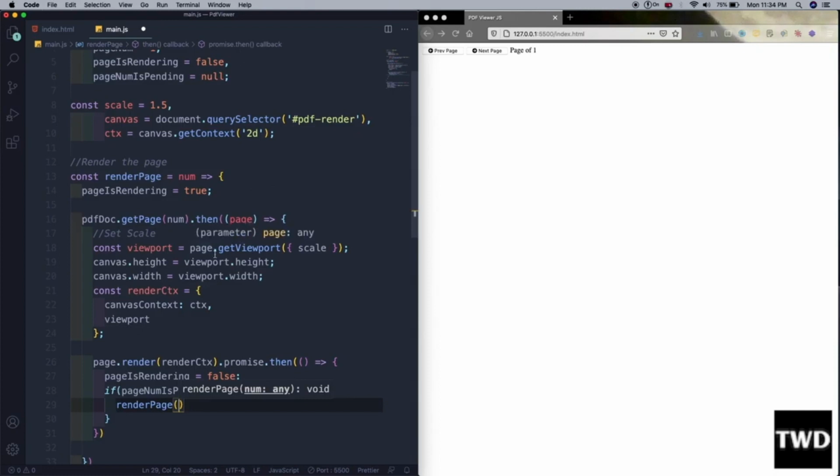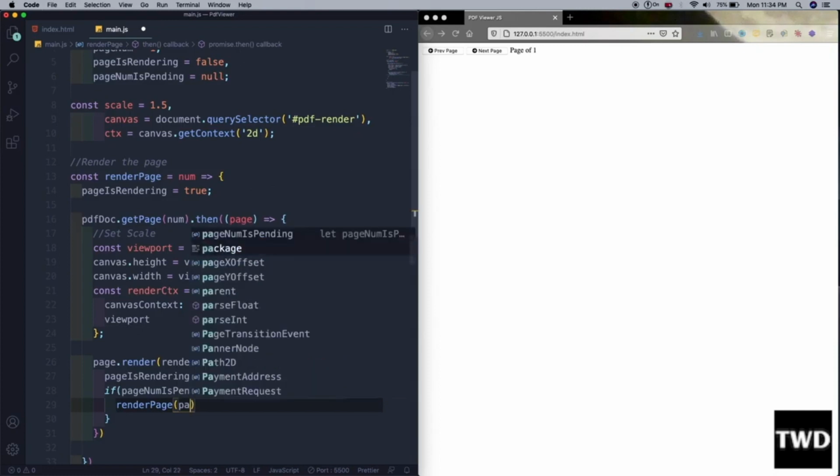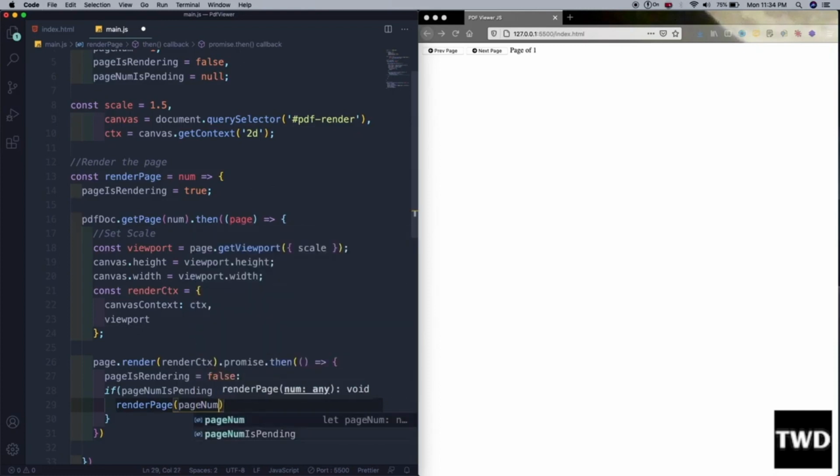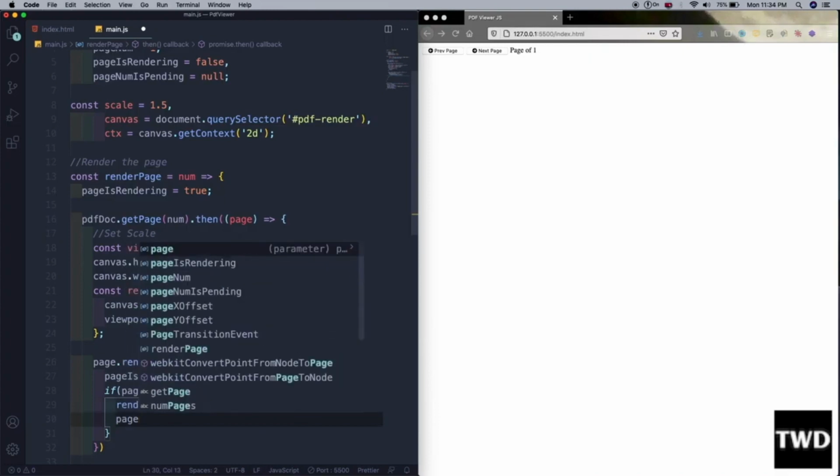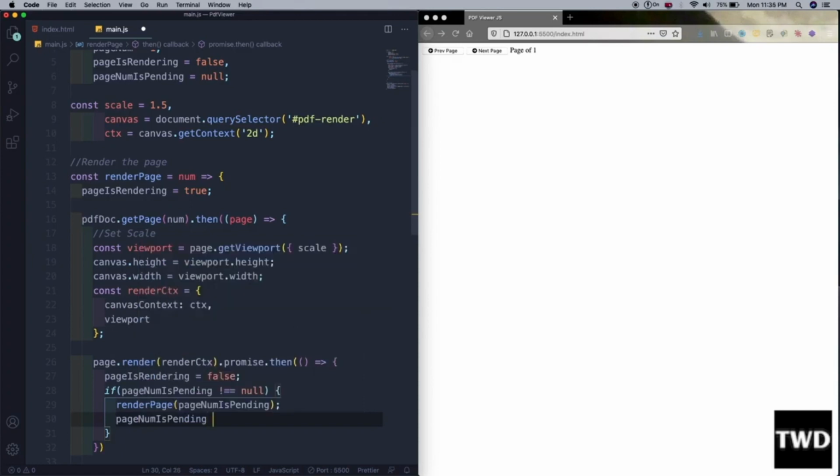So it is a sort of recursion. Page num pending is not null, so we are passing it, and then we are again making the page num pending equal to null,